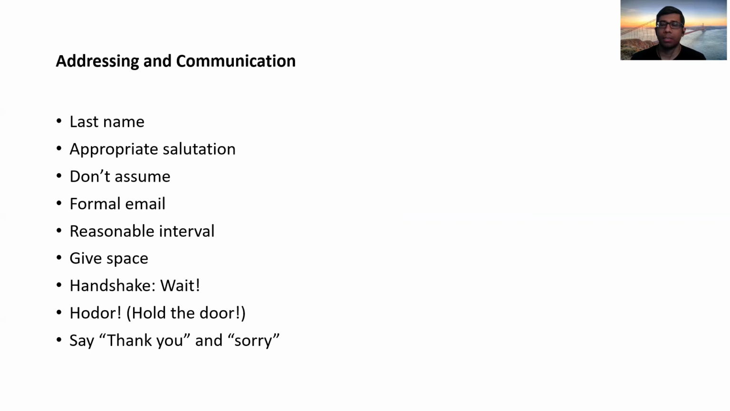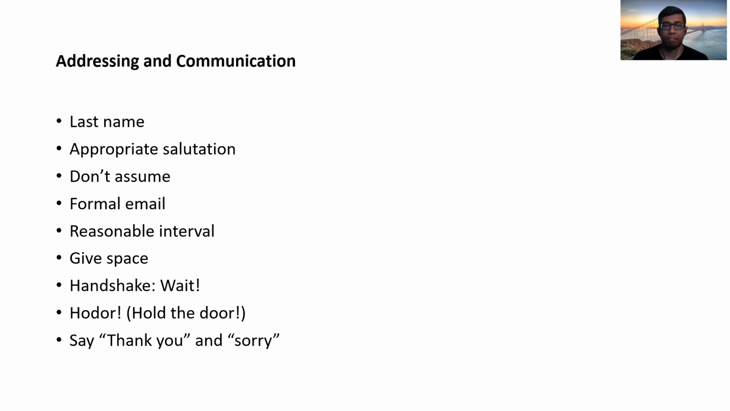When it comes to a formal communication, you should always use the last name with appropriate salutation. You should never assume a person's designation, and you should never be overly friendly and send an email with an informal tone. You should be patient when you are emailing a professor or communicating with an academic person, and you should give a reasonable interval before asking for a follow-up. And you should always give reasonable space when you are talking to